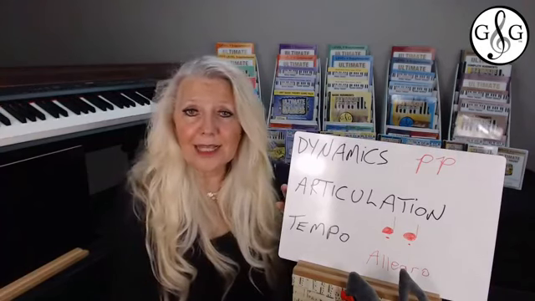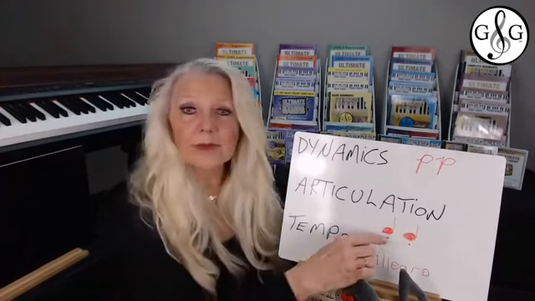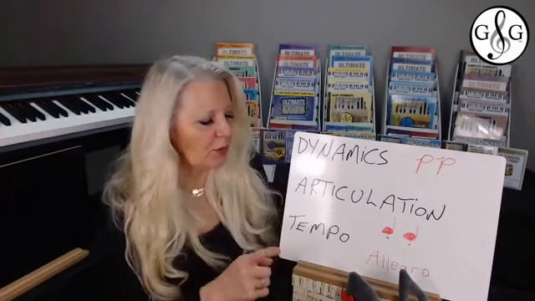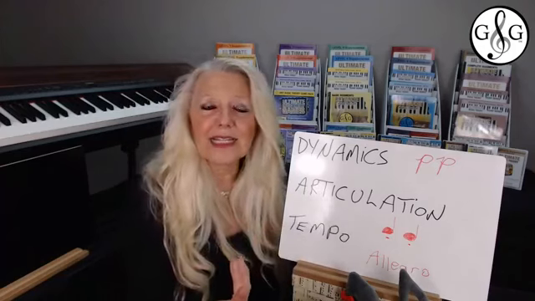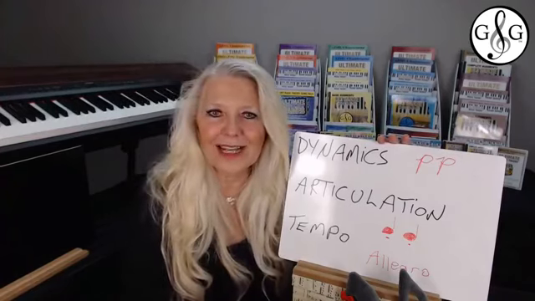Ask them to draw a sign for dynamics, and they may choose pianissimo. An articulation sign, and they may draw a staccato, right? A couple of notes detached, and a tempo word. They may choose allegro, meaning fast. So this is just another way that you can learn music theory through play. And finally, they'll reveal their answers.